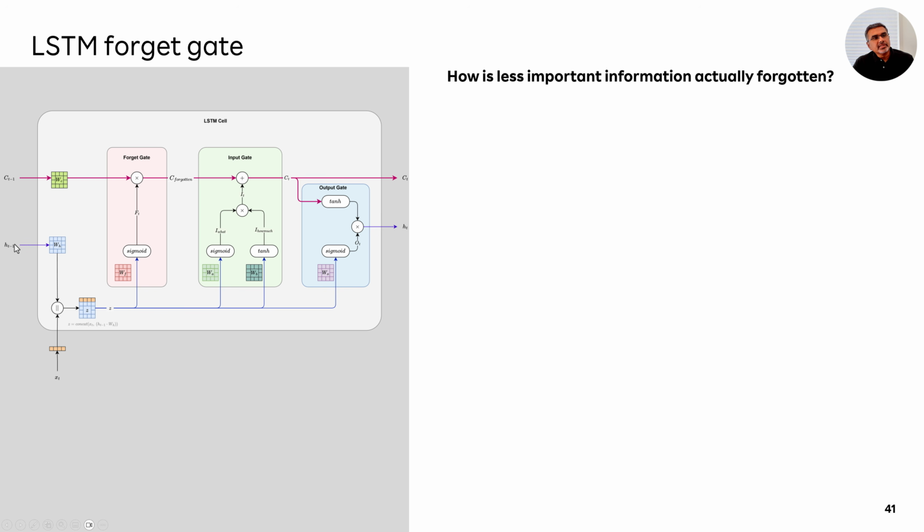And the previous hidden state, the short-term memory state, is ht minus 1. And the whiteboard, the memory that we have, is expressed as ct minus 1. Okay. Now, what we have to do in the forget gate is forget unimportant information from the long-term memory. Okay. Now, the first thing is how is the input actually propagated into this gate?